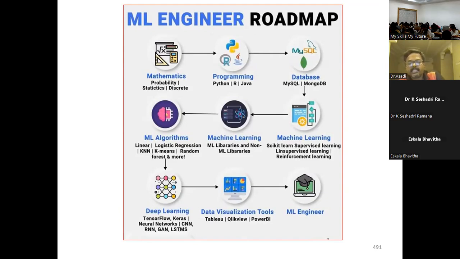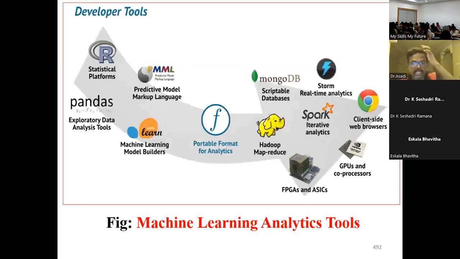Then machine learning engineering. So these are the machine learning approaches. These are the machine learning process. Machine learning analytical tools. See, we are having statistical tools like R, Pandas. Suppose data sets are there, we are using pandas exploratory data analysis tool. Then predictive model markup languages are there, PMML,